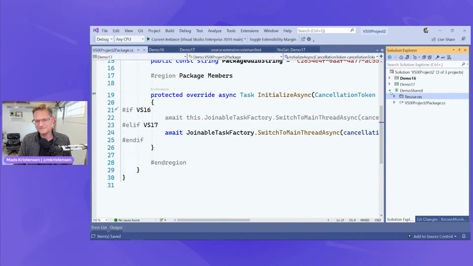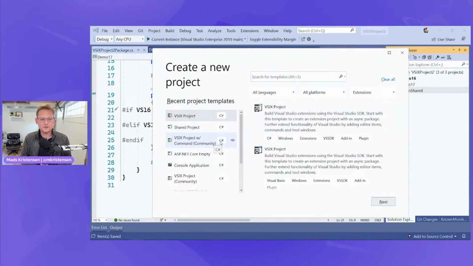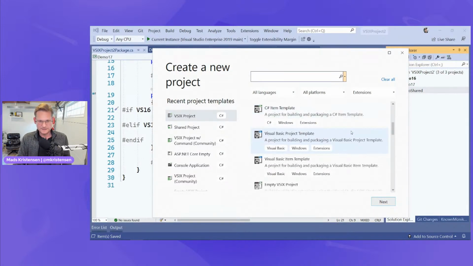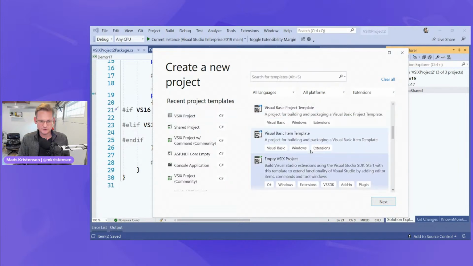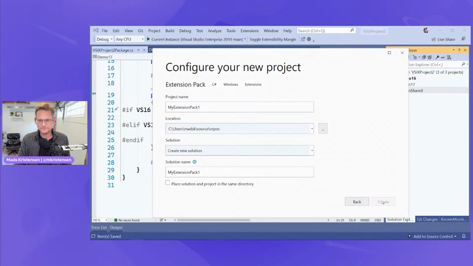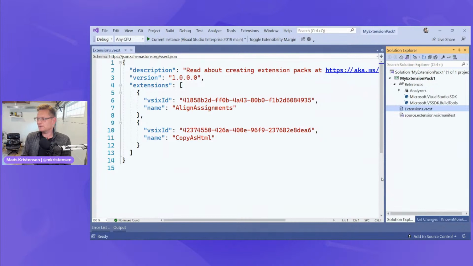All right. So that was just that simple example to show how you could do that. I want to show a completely different example. So let's say that you have a non-code extension, an extension pack, for instance. Let's just create an extension pack here. It could be an extension pack, a snippet pack, a TextMate bundle thing, something that ships a pkgdef, a Visual Studio theme.